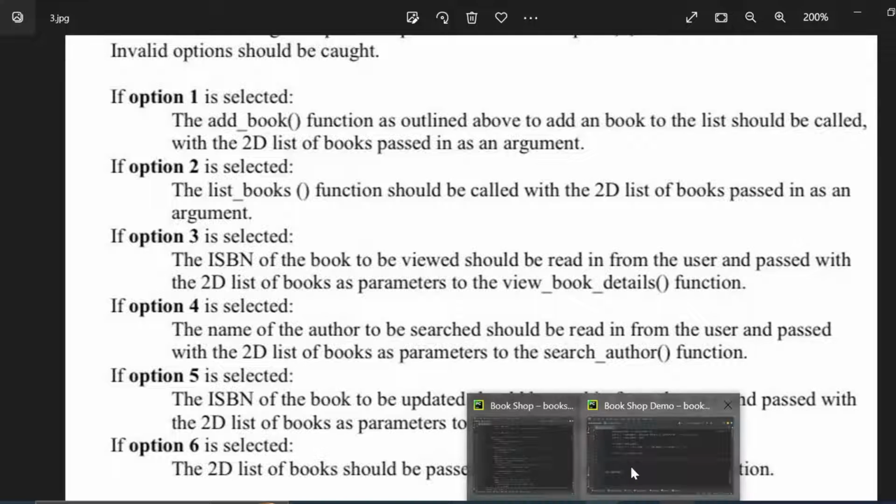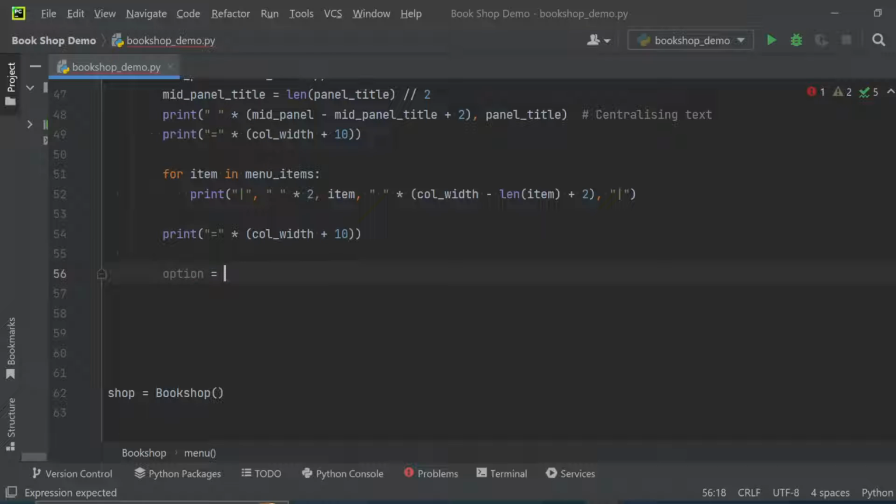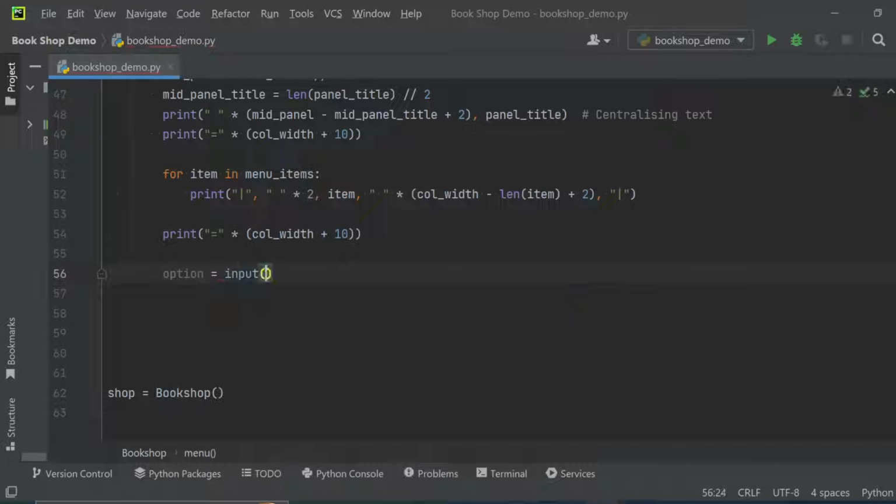So go back to our PyCharm. So we come here and we say, we declare a variable option. Option is equal to, we want the user to choose a number. We say choose menu option. Then we say 1,